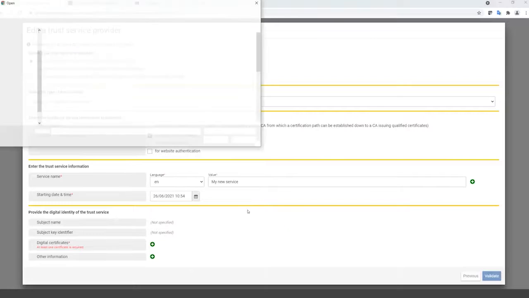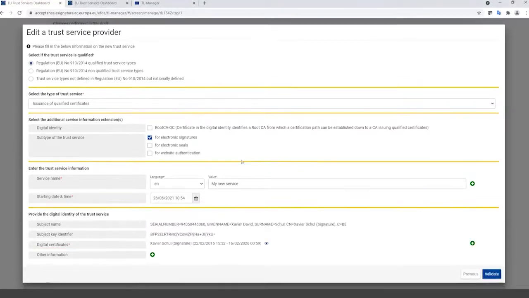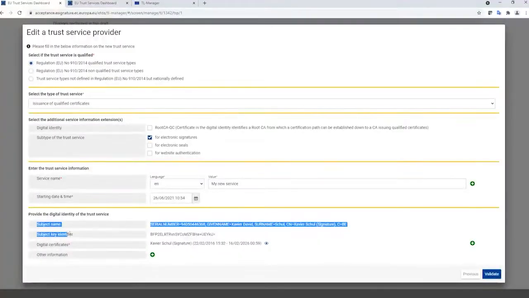Let's select the file. Let's select my certificate, the certificate I use to sign documents. So here it is the short name of the certificate. Again, I can see more information on the certificate there, and the subject name and the subject key identifier have been automatically updated. And if I add another certificate, a completely different certificate,